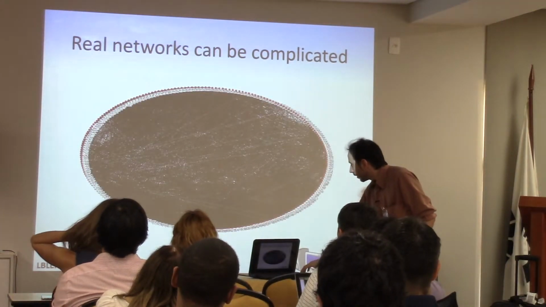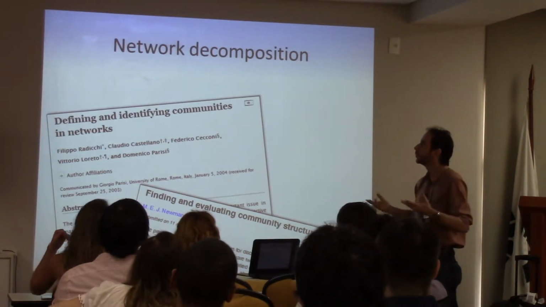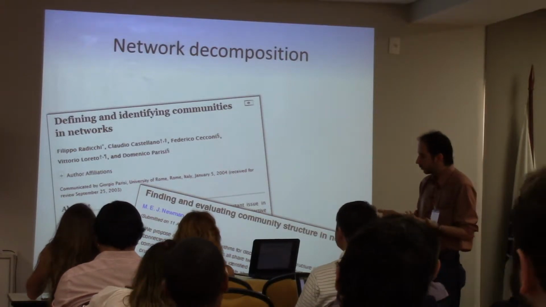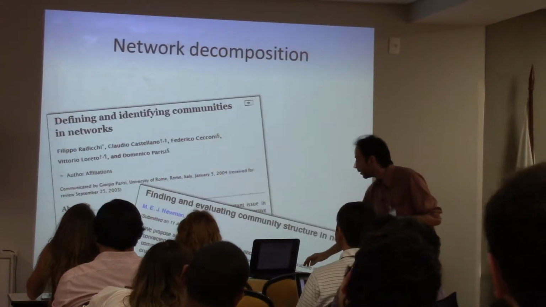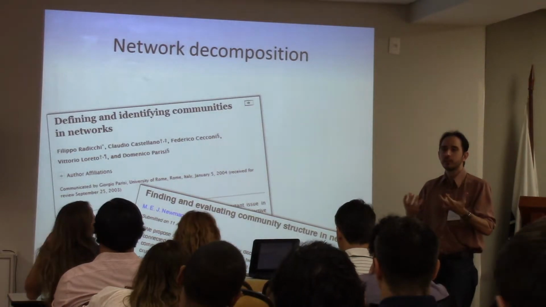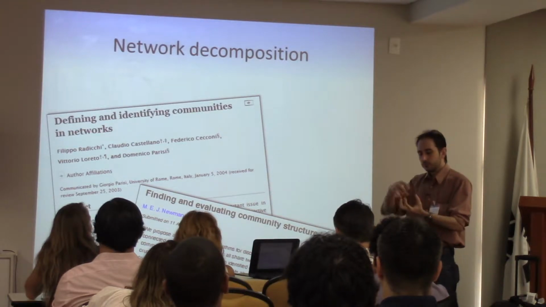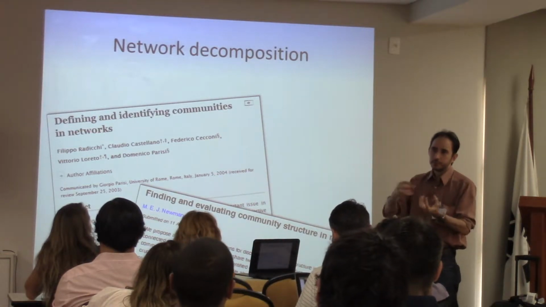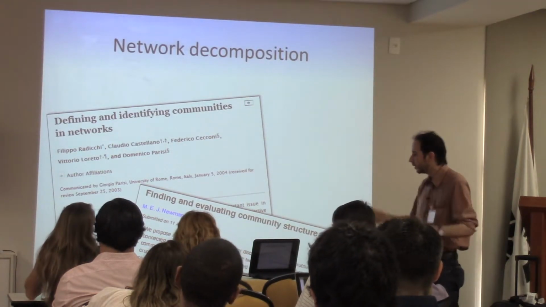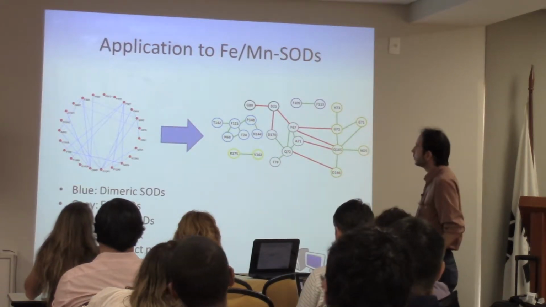But thankfully, there are all of our friends in physics and mathematics who are working on methods to decompose networks. Basically, you have a quantity which is called modularity, which basically says how well you are dividing a network into subsets, and this depends on each set being quite connected with the members of the same set and not really connected to the rest of the network. You can calculate a number to find this, and applying this to the case of superoxide dismutase, we have this network,